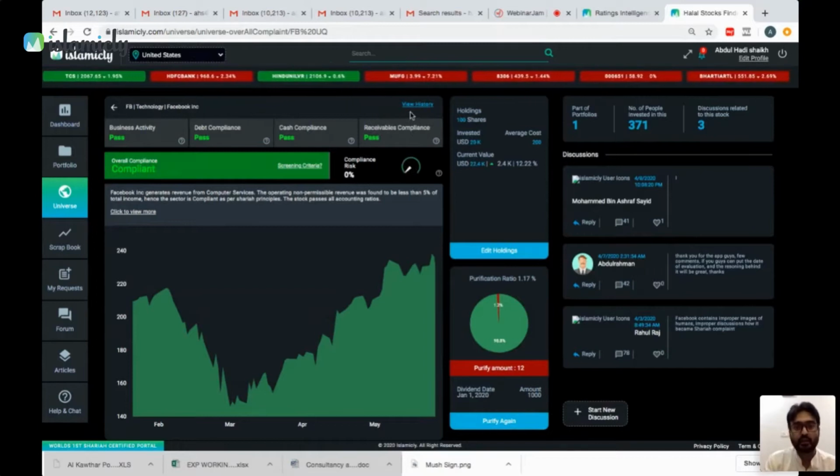Another unique feature that we have is history. A lot of people would have invested in stocks before they had access to Islamicly, or before they knew whether it was Sharia compliant or not. You can include,